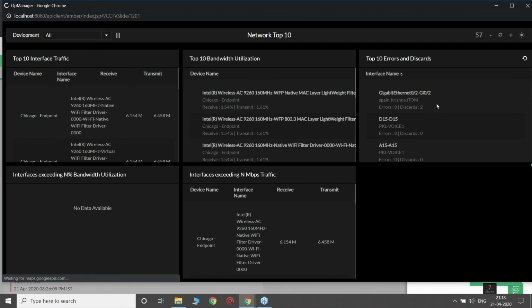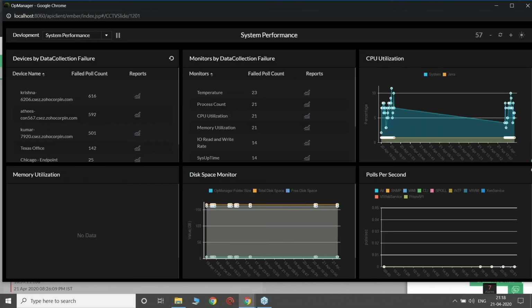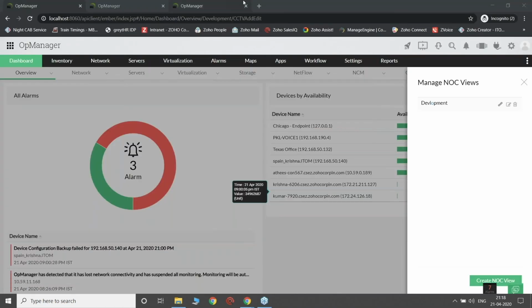As you see here, the complete statistics of whatever is being displayed on the dashboard is shown here, and this would also get refreshed every 30 seconds depending upon the refresh interval which you have configured earlier. So if I want, I can view the enterprise dashboard, I can view the system performance dashboard. This can be changed according to your requirement. So let's get back to the